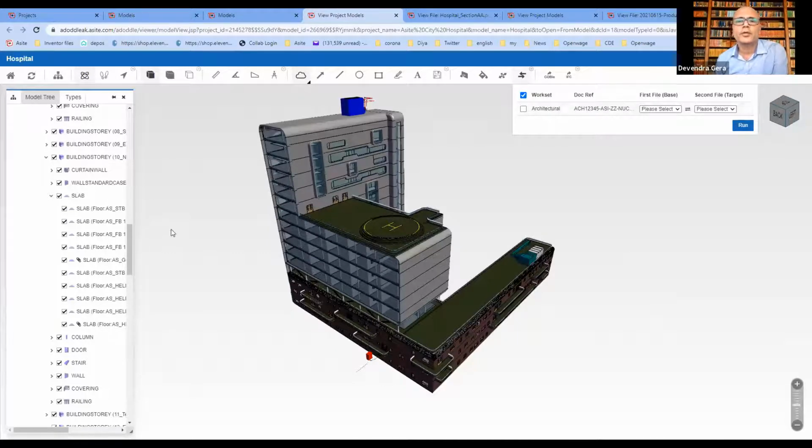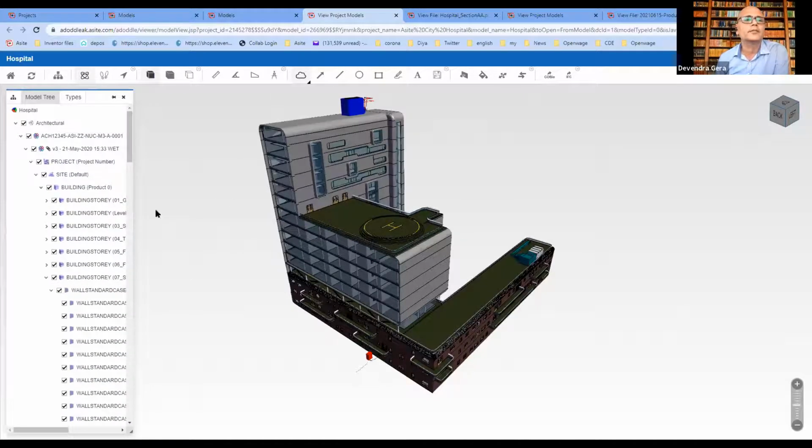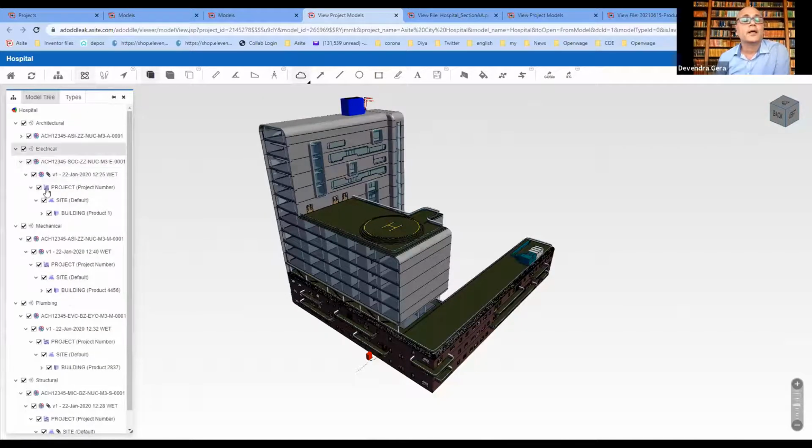Before we go into model compare, this particular model is a federated view. So if I just look at all the different work sets which are assigned to this federated model, there's an architectural work set, electrical, mechanical, plumbing, structural.